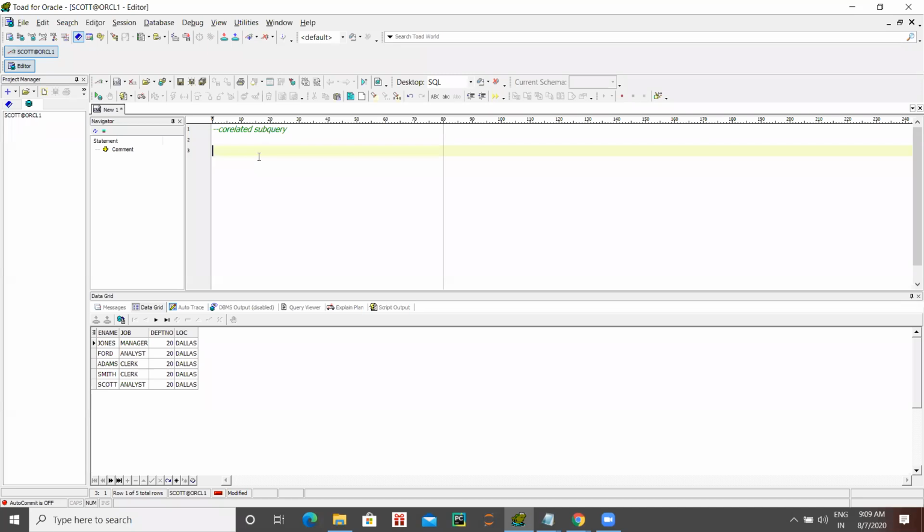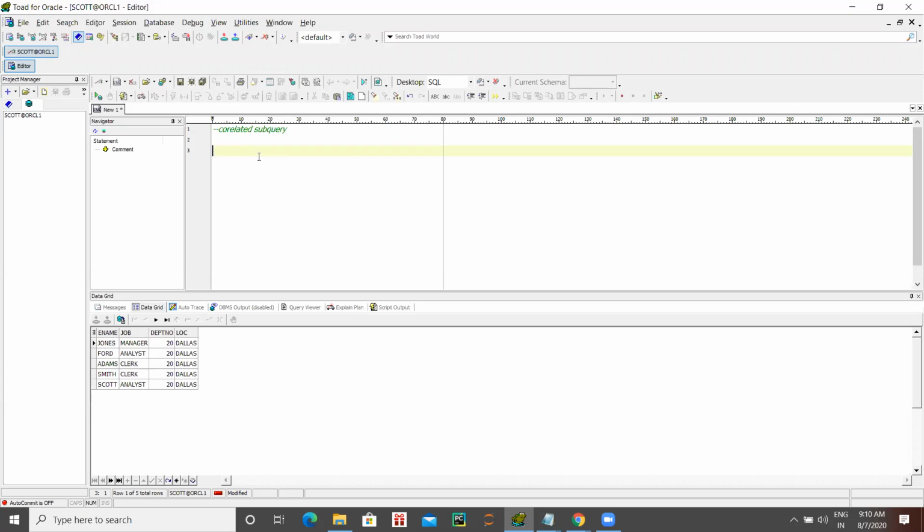So the two queries are correlated with each other. That means we'll give you an example of how it is. It is fetching row by row. So while fetching row by row, every time the inner query will depend on the outer query. So both queries will be interlinked to get the output row by row. That is nothing but your correlated subquery.